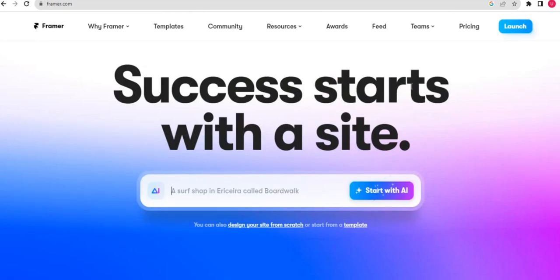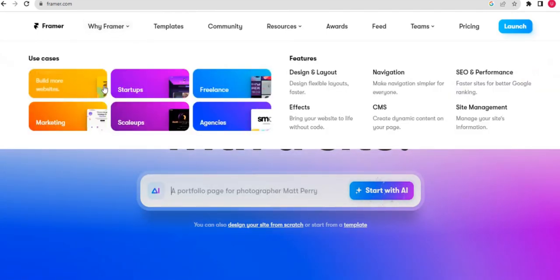Now you want to ask what are the important offerings they have. You can use it to build personal websites, you can use it to build startups, and if you're a freelancer, you can use it to build all manner of sites for your clients, for marketing. You can iterate at super speeds, and here you can actually scale,